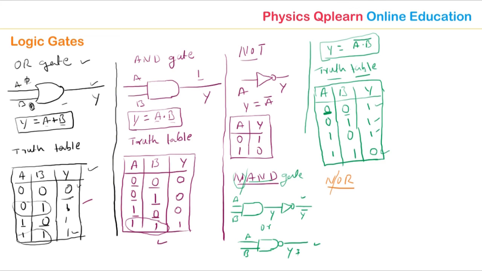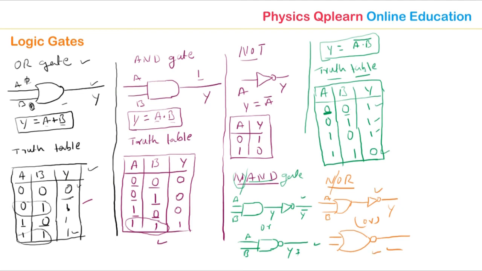Here first you take the OR gate. I will show you two diagrams. So this is the OR gate. In front of the OR gate you put one NOT gate. So this is Y, and here inputs A and B. This is A and this is B. So this is called the NOR gate. Or else, directly you can use just the OR gate with one bubble at the front of the OR gate, so that will become the NOR gate. Clear? Either you may use this, this is also right and this is also right. Anyone you can use.